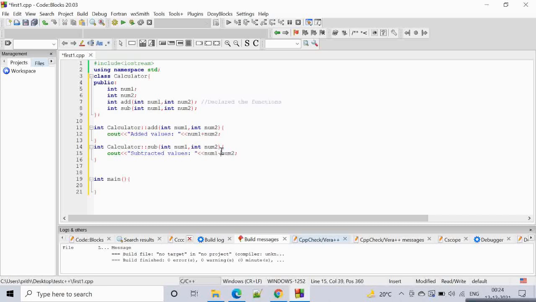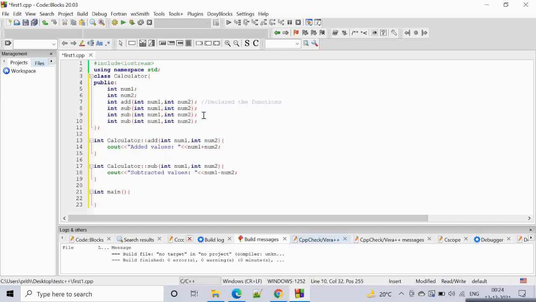Now we have the main function. Let's have two more over here: multiplication and division also. So similarly we can have two more.